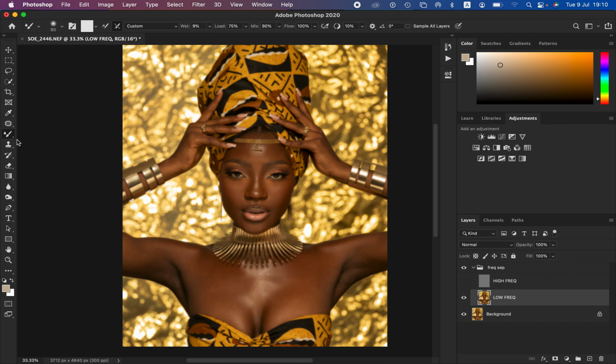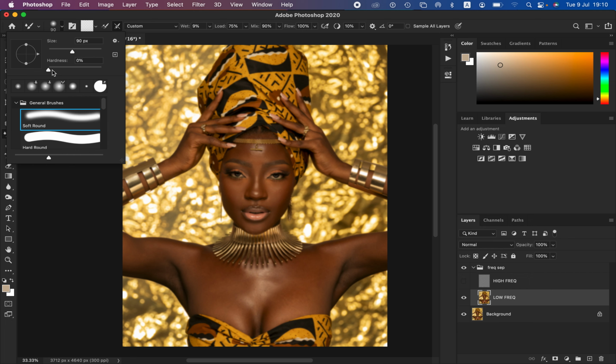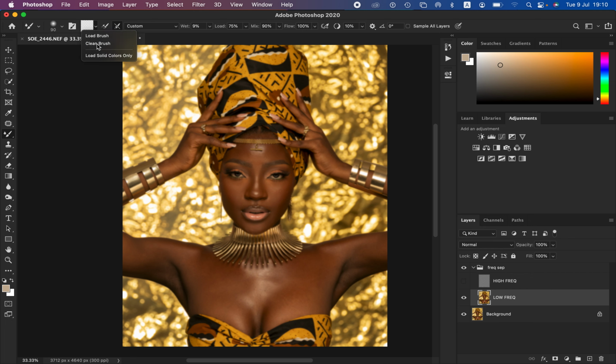So we have selected the mixer brush tool. We have to set it to work best for us. Always make sure that the hardness is set to 0% and a soft round brush is selected. Always make sure that clean brush is also selected, because we don't want the brush to carry any other color on it. Select the option that says clean the brush after each and every stroke, the second option, because